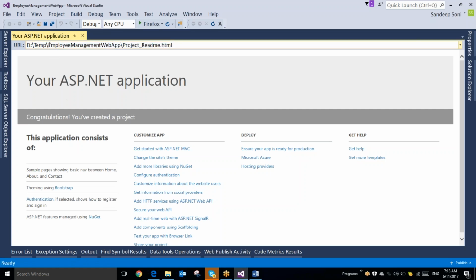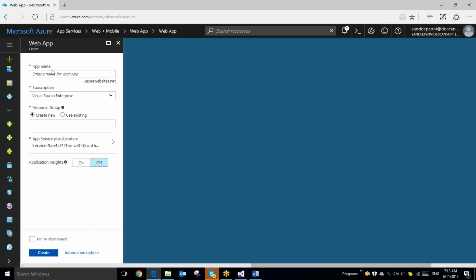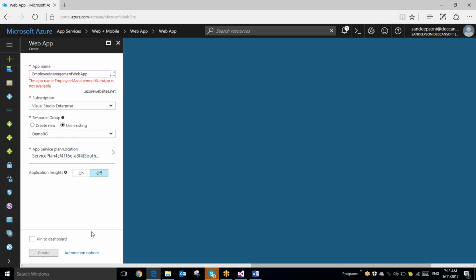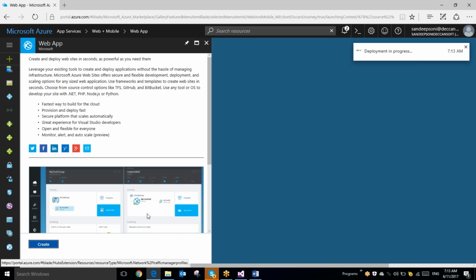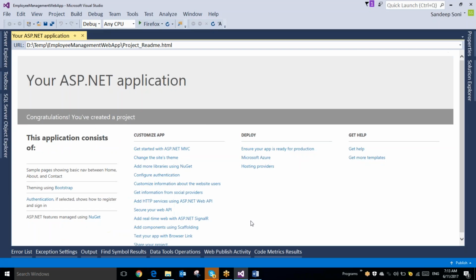Employee management web app. We'll use an existing resource group, the plan, and create. So it will take a while. In the meantime, I go back to Studio,